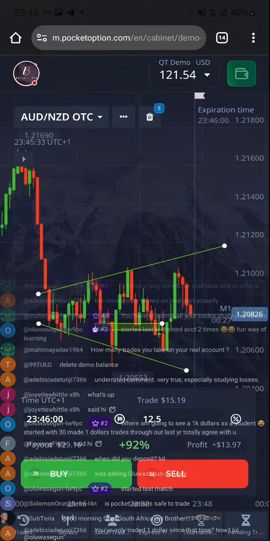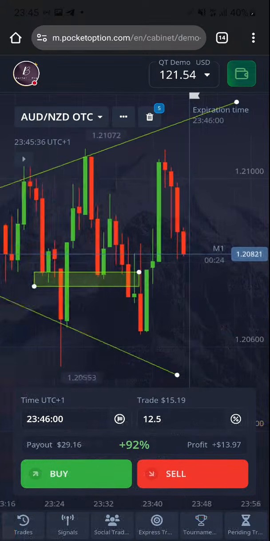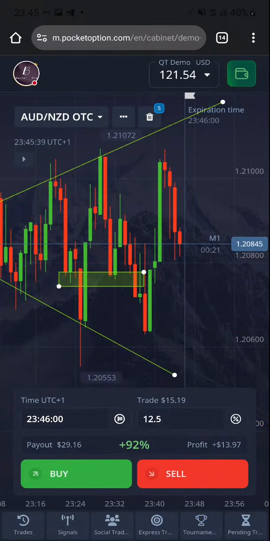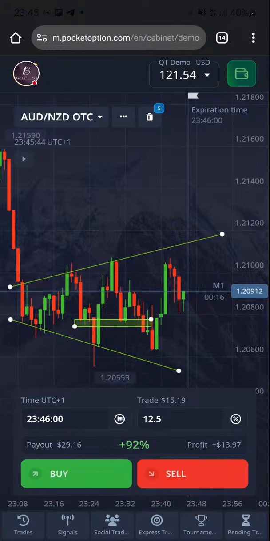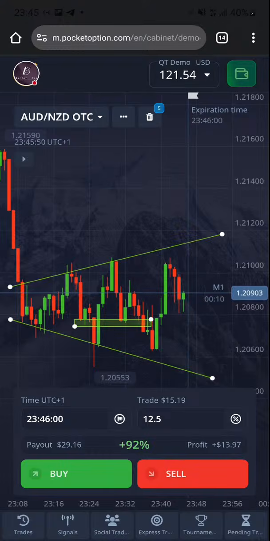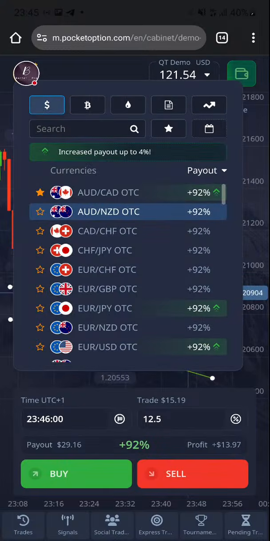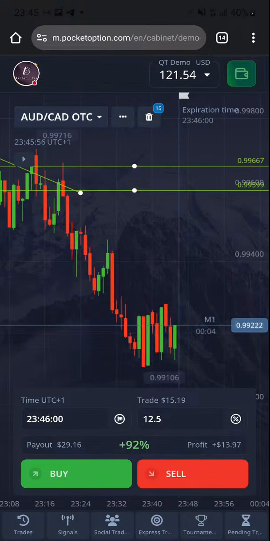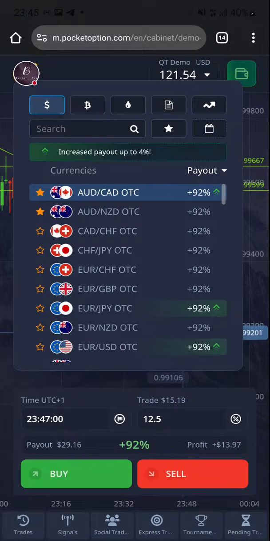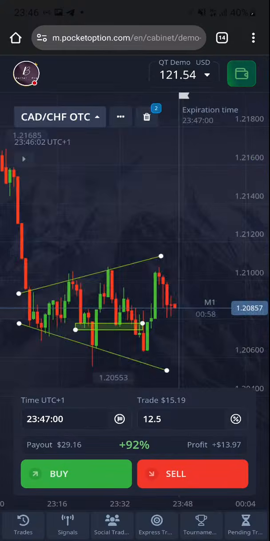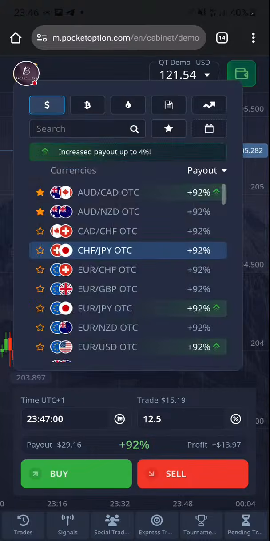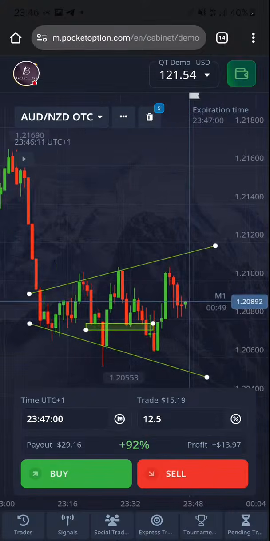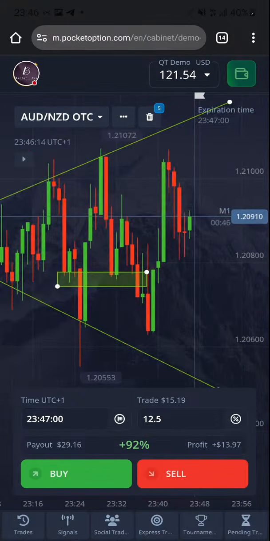Yes, I've only traded one trade since. I'm waiting for the opportunity. One good thing that you quickly learn as a trader is that sometimes you may just be looking at the chart for 20 minutes and not trade. You'll be doing a lot of analysis, analyzing the market, trying to find good entries, marking this, marking that. But if you don't see the entry, or you don't see your strategy, you don't take the trade, you just wait. Right now, this market seems like the best market I've seen so far. That's why I'm just waiting on the market to give me entry.